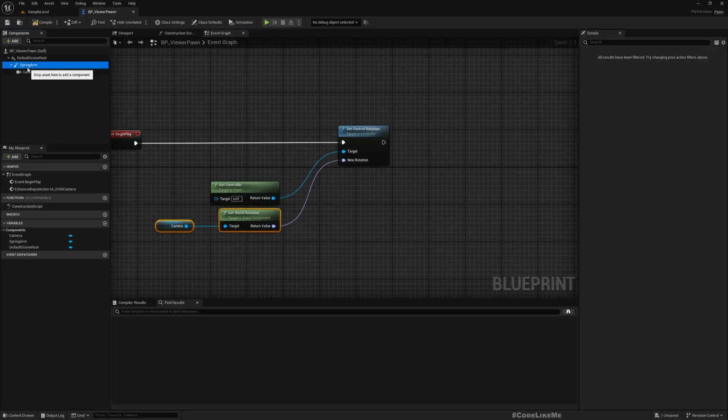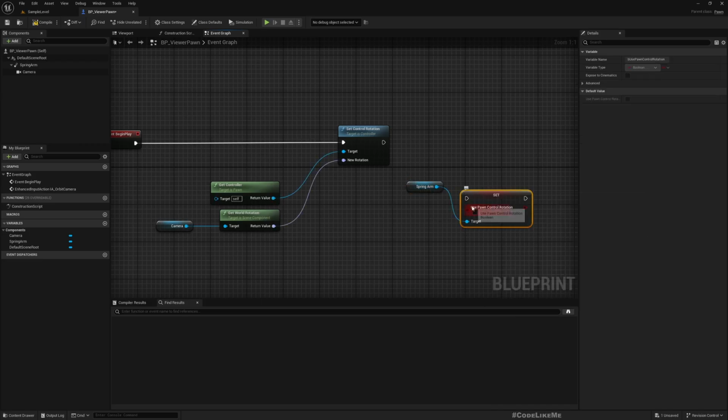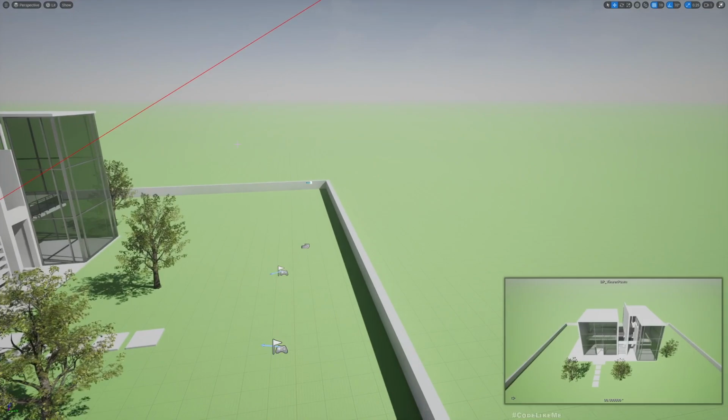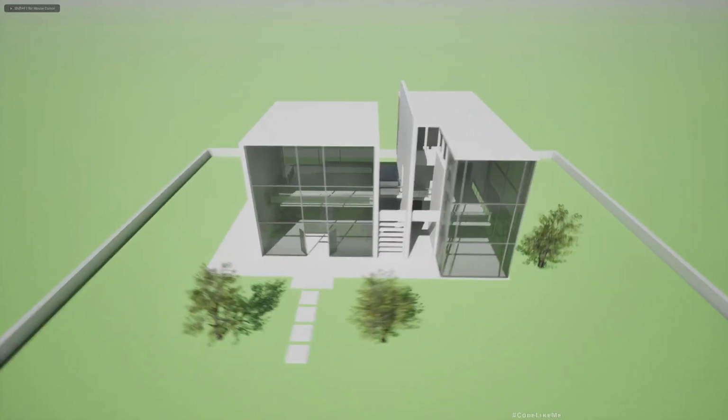And then after that, I'll enable use pawn control rotation. I'll enable it here like this. Okay, now see, now we can orbit around this building nicely,